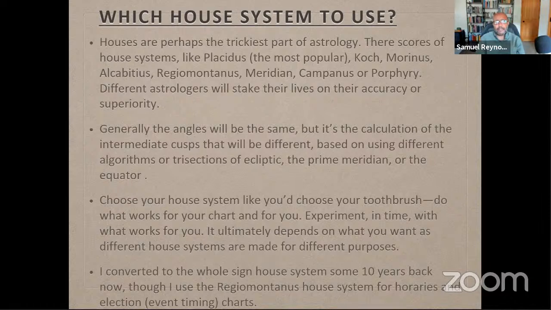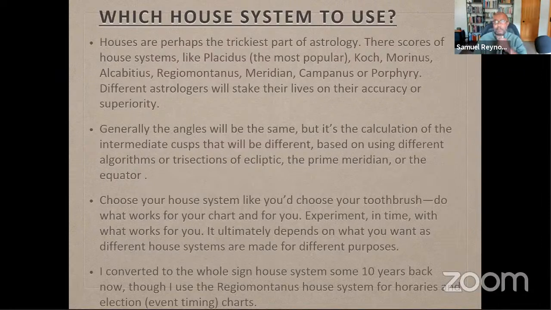And I went to that because it spoke to me related more to my natal chart as versus Placidus, and seems to be easier to navigate and use related to other charts for clients that I register and who come to see me. But I also use a different house system, Regiomontanus, for horaries and elections, because I like to see the cusps on houses, which is not something you get using whole sign houses. So I actually do use 2 house systems, but I experiment still with all these different ones just to see, like, well, let me try with this.